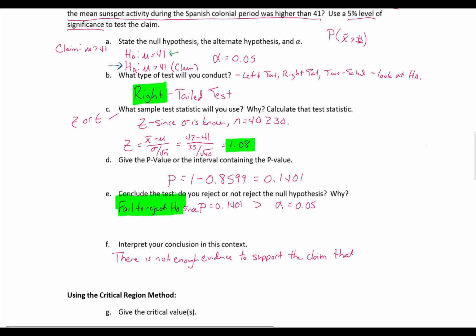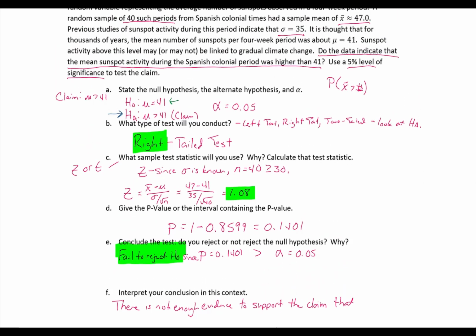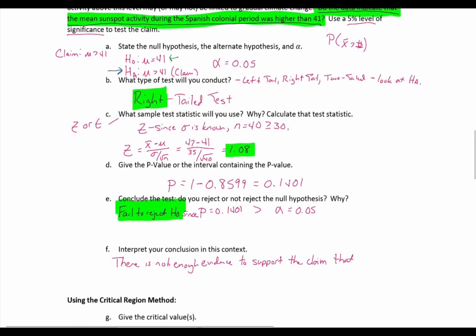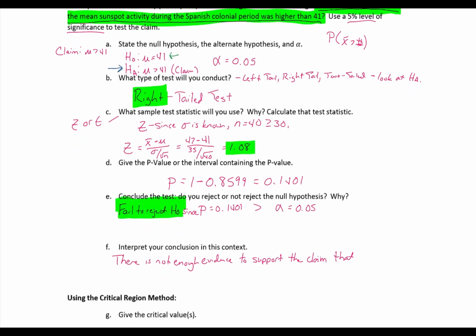And so that was that mu is greater than 41, but putting that back in words of what we were asked, right? So going back to the part I underlined up here, did the data indicate that the mean sunspot activity in the Spanish colonial period was higher than 41? So that was our claim we were testing. That was our alternative hypothesis. So we do not have enough evidence to support the claim that the mean